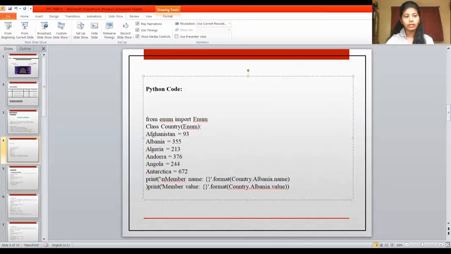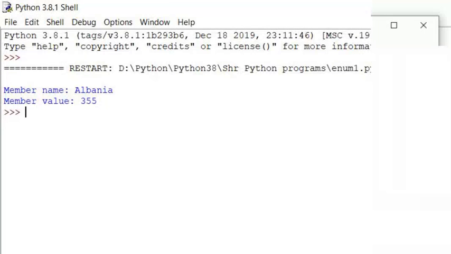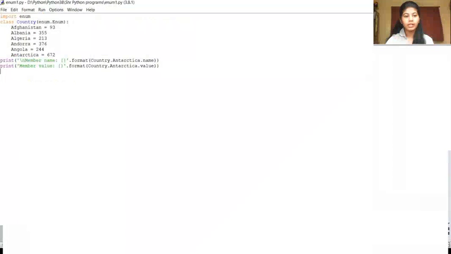We'll quickly run this program and see the output. Yeah, as you can see, we have given Albania to print, thus it's printed with its value.